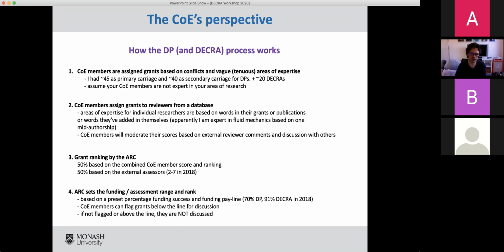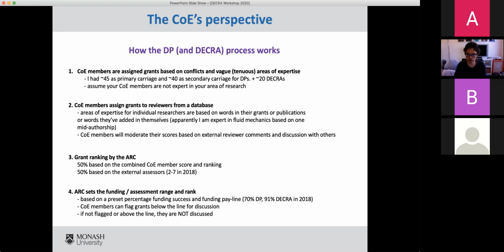And the ARC sets the funding or assessment range and the rank. So you have that ranked list based on the College of Experts members' adjusted scores, which they take to the panel meeting. And then the ARC will say, we're able to fund 70% of the requested budget for discovery projects, 91% of the budget for DECRAs. This was in 2018. That will mean that there's a line drawn on that ranked list where the ones above the line get funded, the ones below don't.